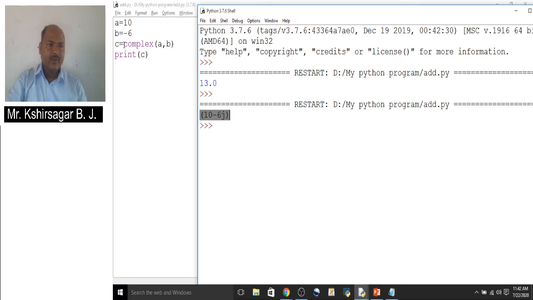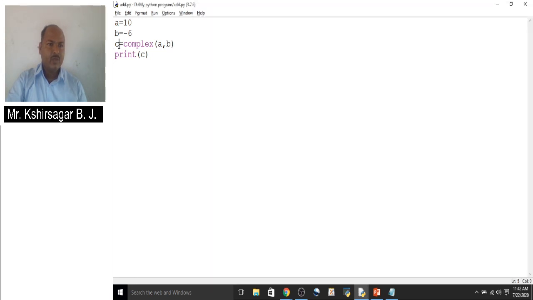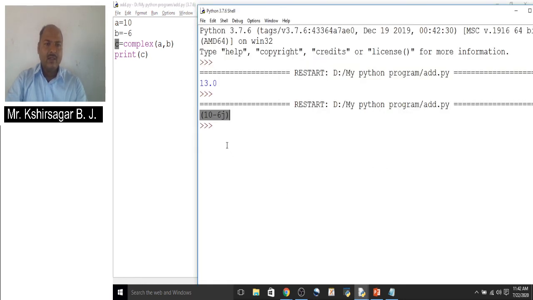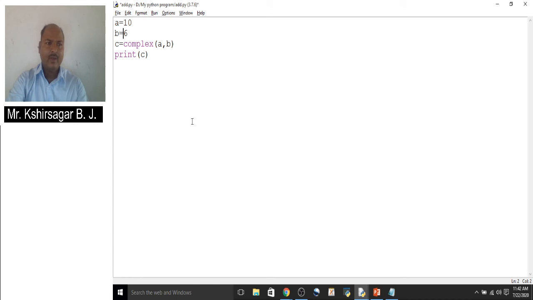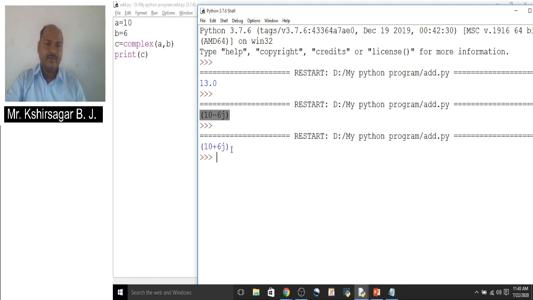So convert that into a complex stored in a variable c, and you get the output as 10 minus 6j. If you change the value here, we have removed the minus there, now it becomes 10 plus 6j. Look here, 10 plus 6j. In this way we can convert a float number into integer, integer to float.